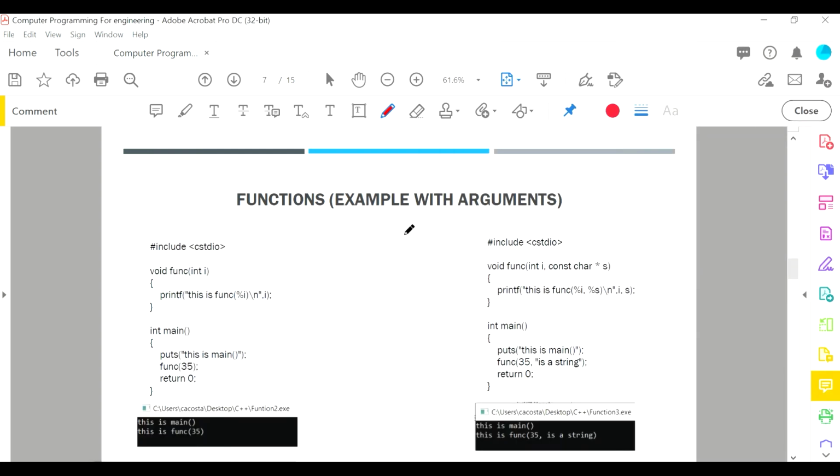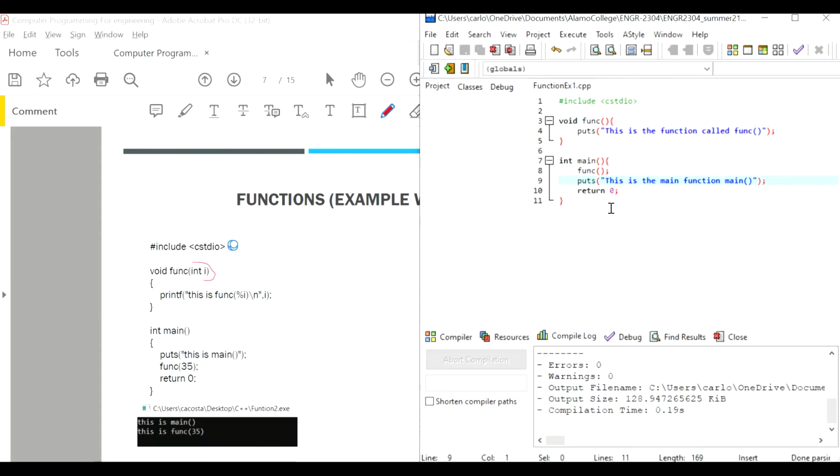Let's look at another two examples. This one first, and then this one. In this one, we have the main function, where we're going to use the function, but this time the function is going to have an argument. And we can use the same example for that, because the only difference is that we're going to have an argument. So let's go back here